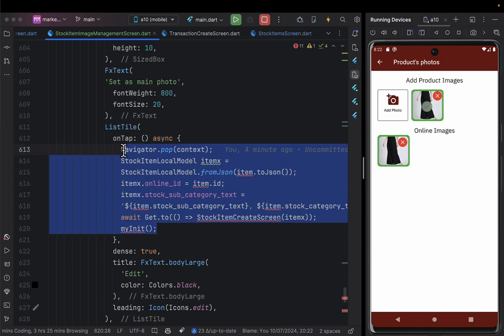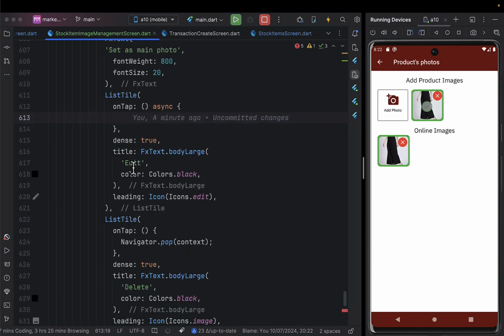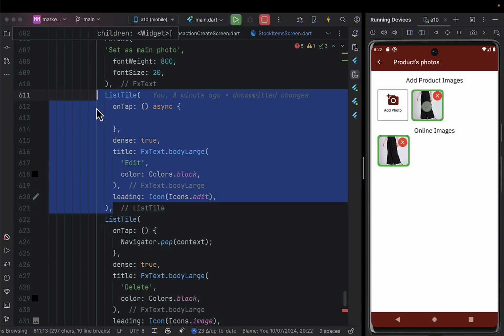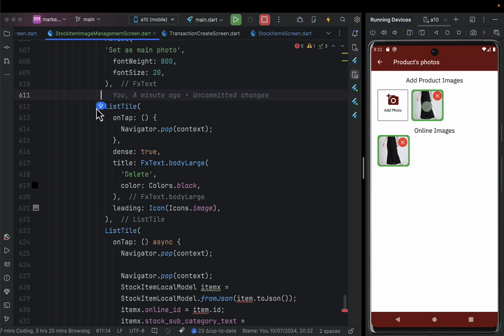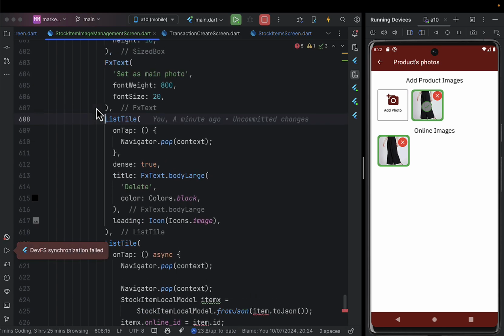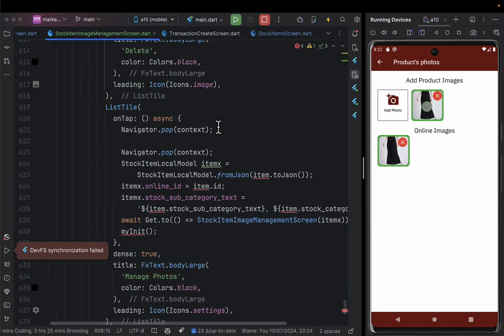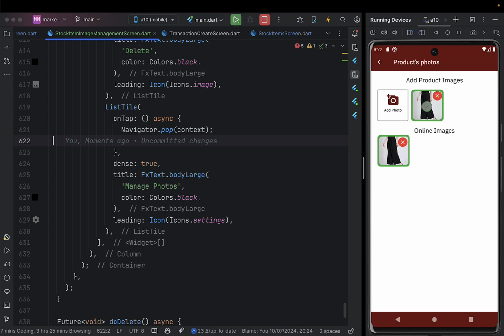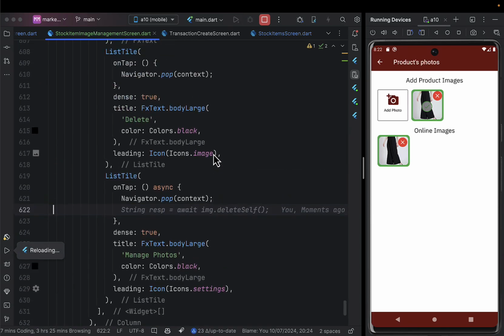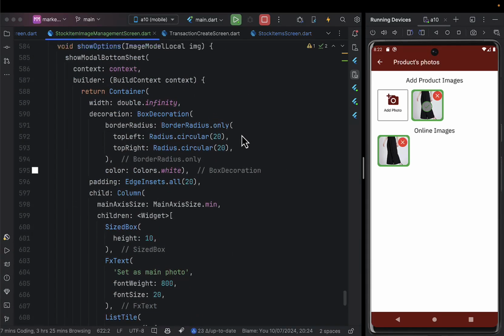Let me remove this guy, and then here I can put maybe delete, we put delete. Okay, so that is fine. Now we go ahead and remove these ones. Okay, so let me go ahead and